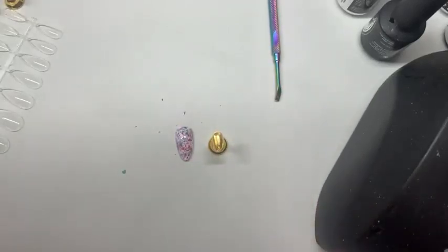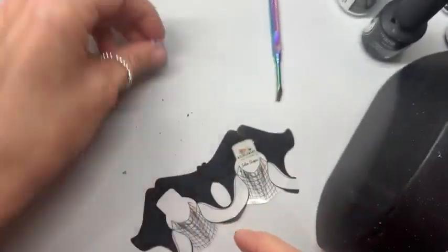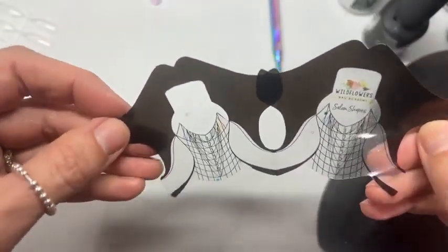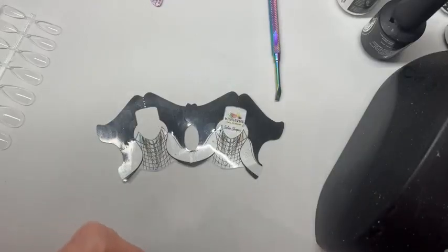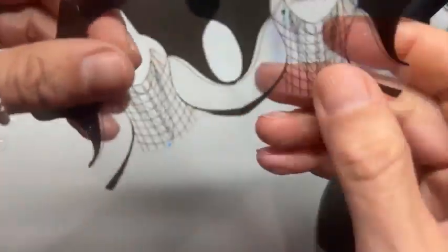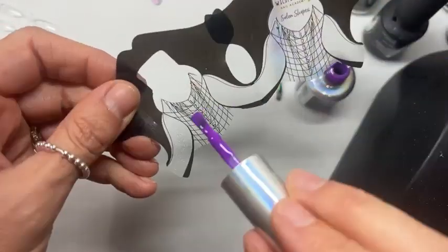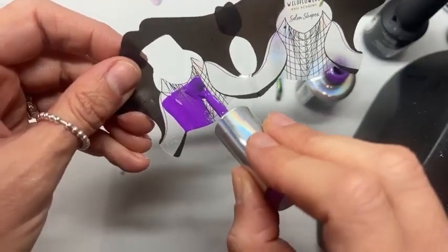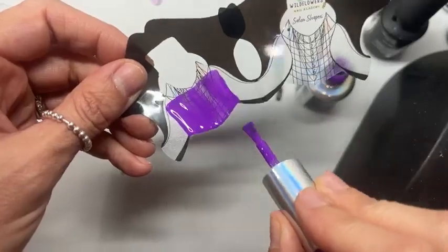All right, so let me show you how I did this. There actually is a little bit of science behind it, and some things that I noted when I was creating this. Here's how I make it. I took a couple of clear Wildflowers forms. I grabbed my gel polish color. This is the neon purple color. And I went in and I just made...